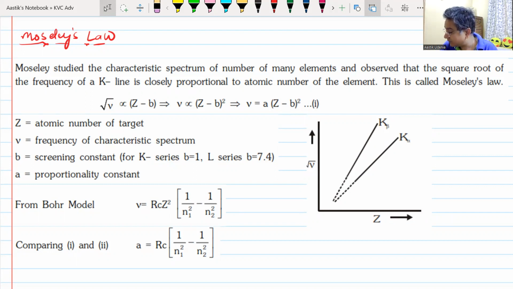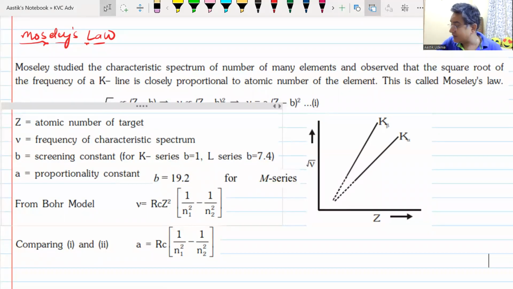He discovered the modern periodic table, and now we are going to see how he discovered this